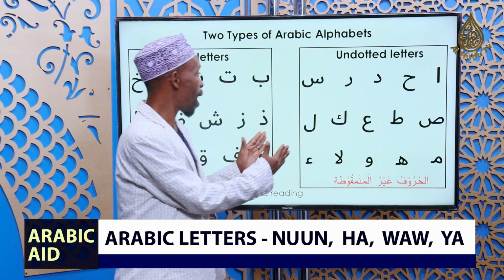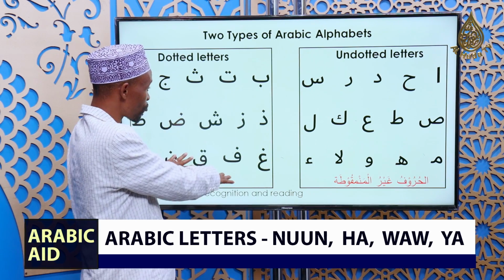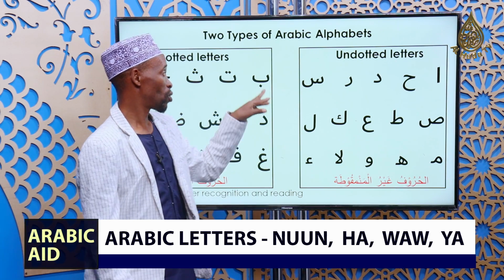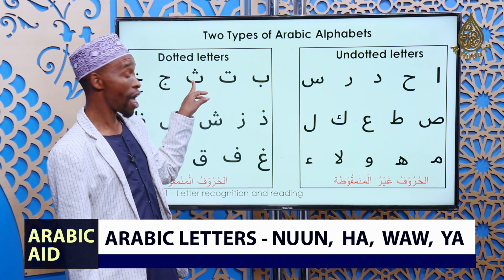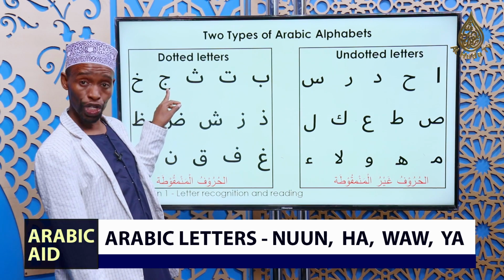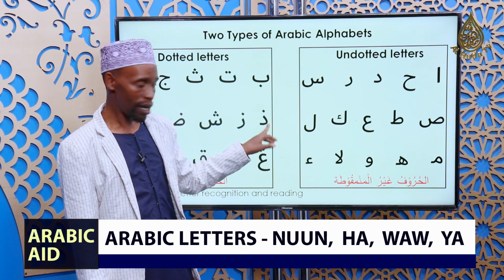Now, when we look at the side of the dotted letters, we have them here. We have ba, ta, fa, jim, kha, dhal,